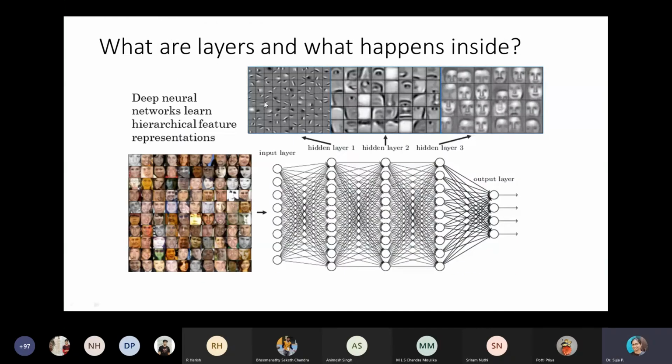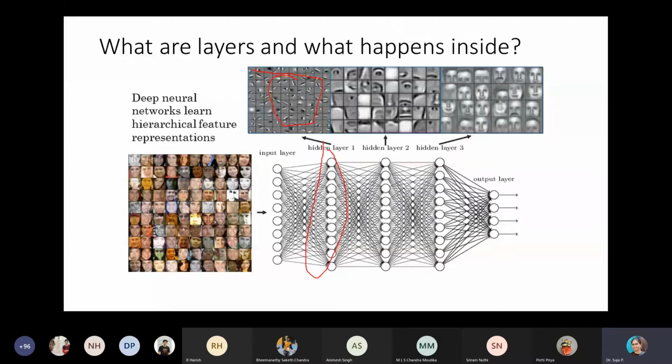Here can you see, so many filters are there in the first hidden layer. So an array of filters is used. Depending on the number of filters used, I have a number of layers here.